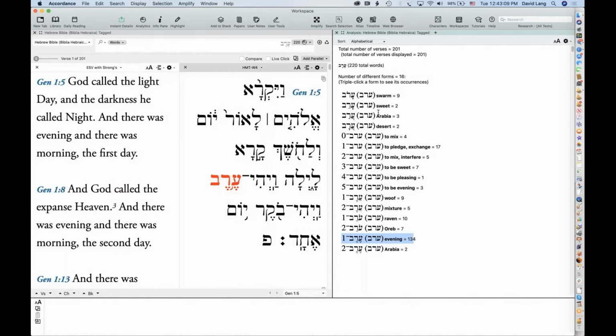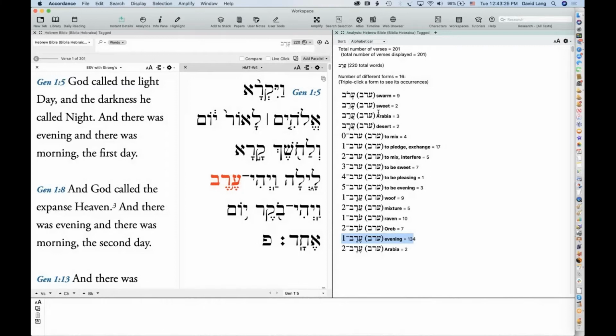Okay, so why does Accordance do that? Why do we ignore the vowel points? Well, we do that because we don't want a first semester Hebrew student to have to try and keep straight, well, do I type a segol or a sere here?